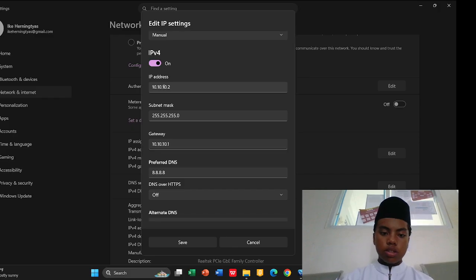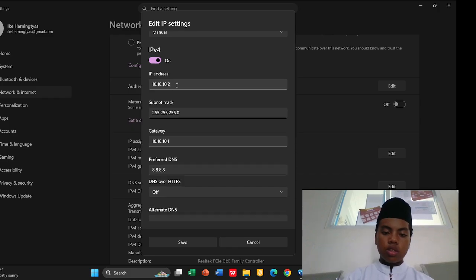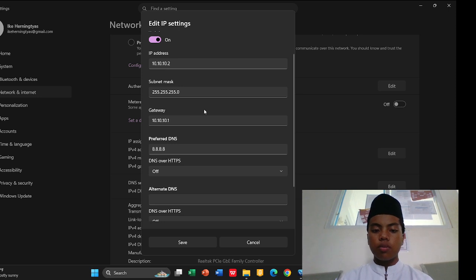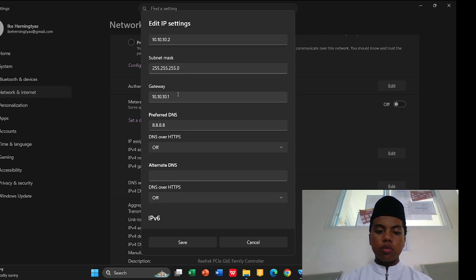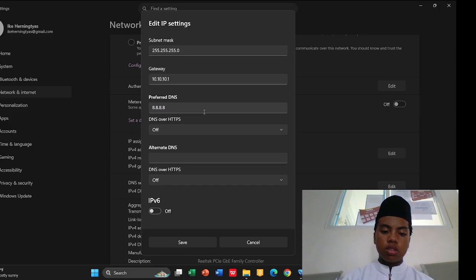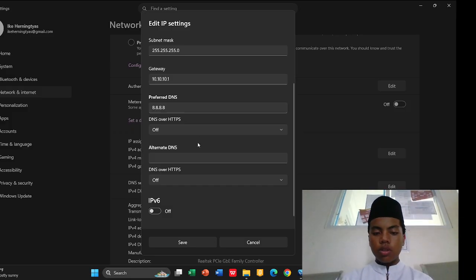the IP address is 10.3 times and then 2, and then for the subnet mask is 255 3 times and 0, and then after subnet mask there is gateway, so it is 10 3 times and 1, and then there is preferred DNS 8 4 times, and then if you are done setting the settings, click the save button,